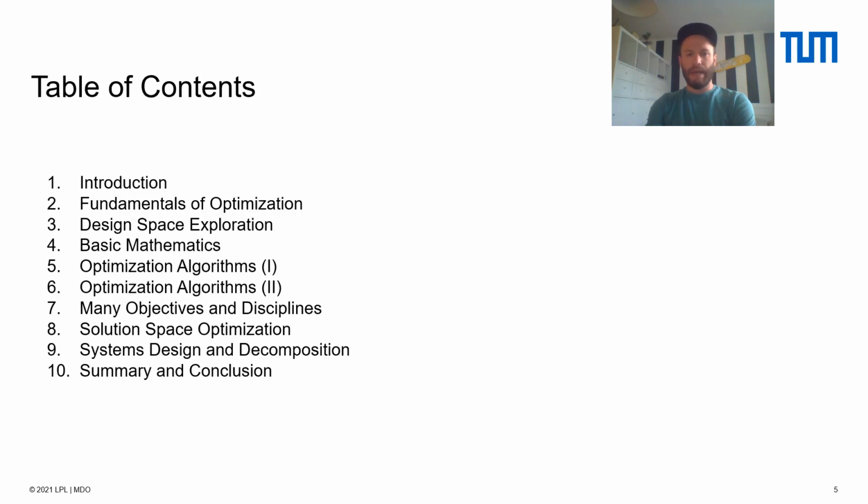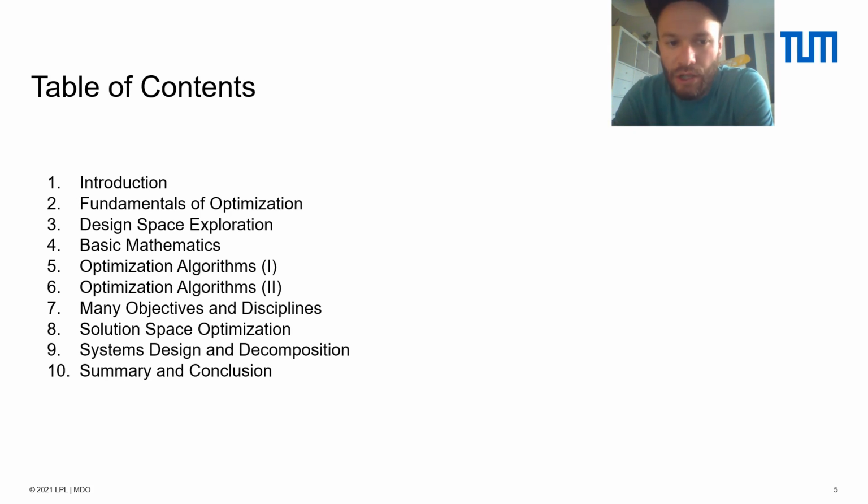And finally, the table of contents. Like I mentioned before, we will start with the introduction in the first chapter, and there is also no exercise to the first chapter. Chapter 2 is then related to the fundamentals of optimization. So here we will introduce the main characteristics which are concerned with optimization. Afterwards, chapter 3 is related to design space exploration. What we mean by that is that it's often beneficial to find out some basics, like the basic nature or the constitution of the given design problem.